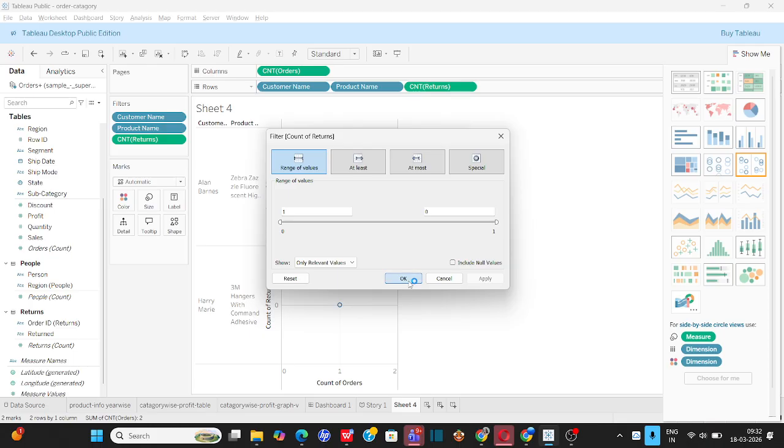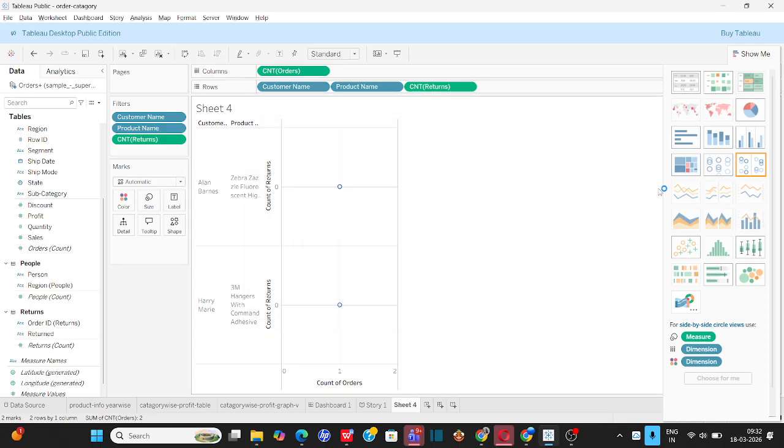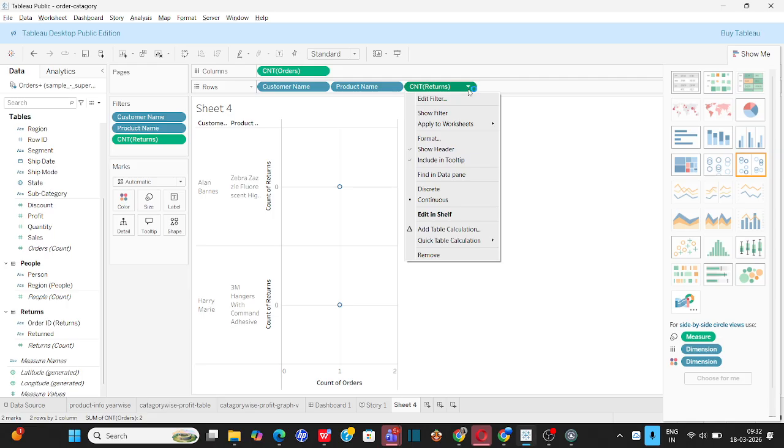Okay, so count order is 1 for this. For the remaining there is no count order. So काउंट ऑर्डर और काउंट रिटर्न जो भी है यहाँ पे आप लोग चेंज कर सकते हो, ठीक है, एज पर द प्रोडक्ट नेम, एज पर द कस्टमर नेम. So even now here